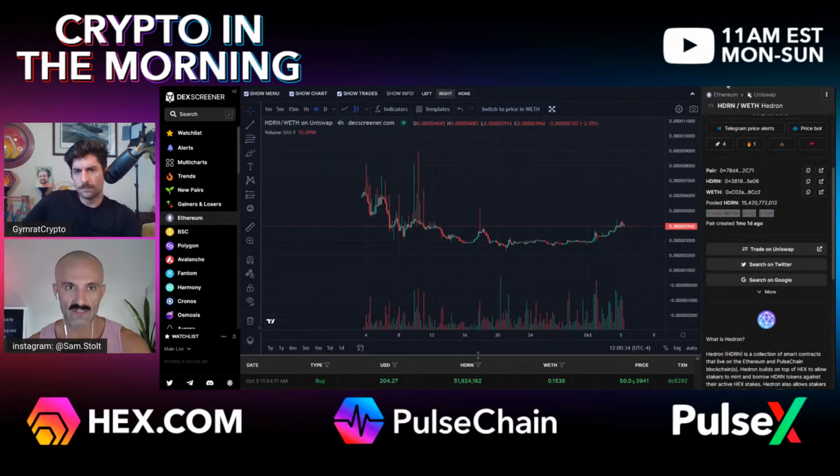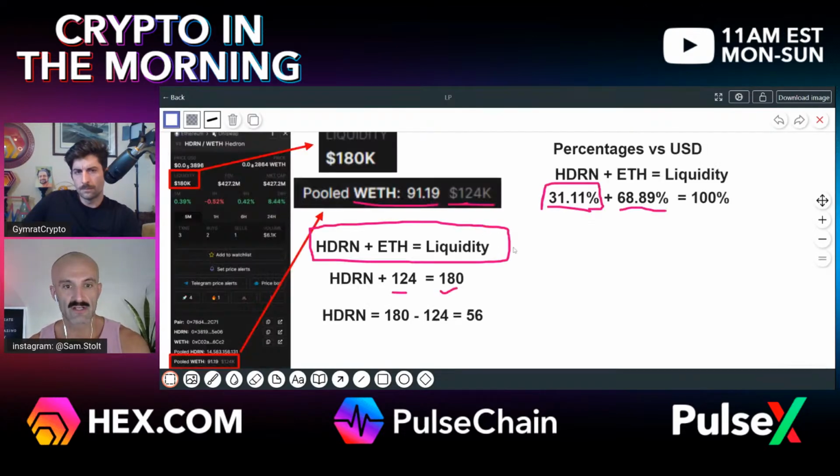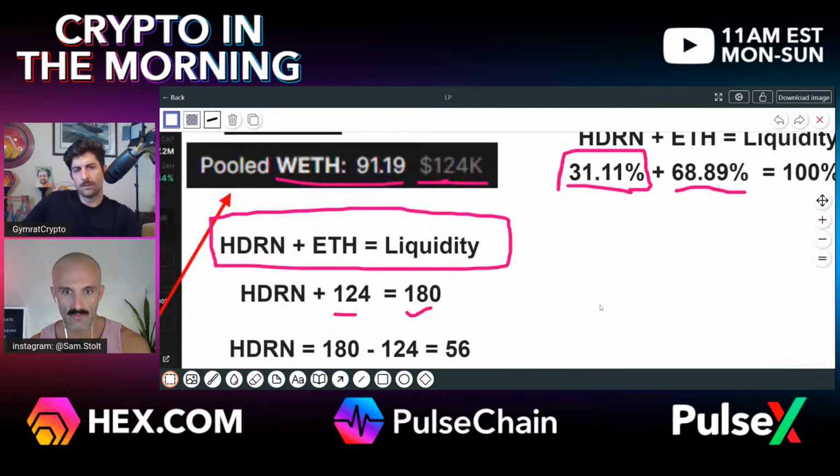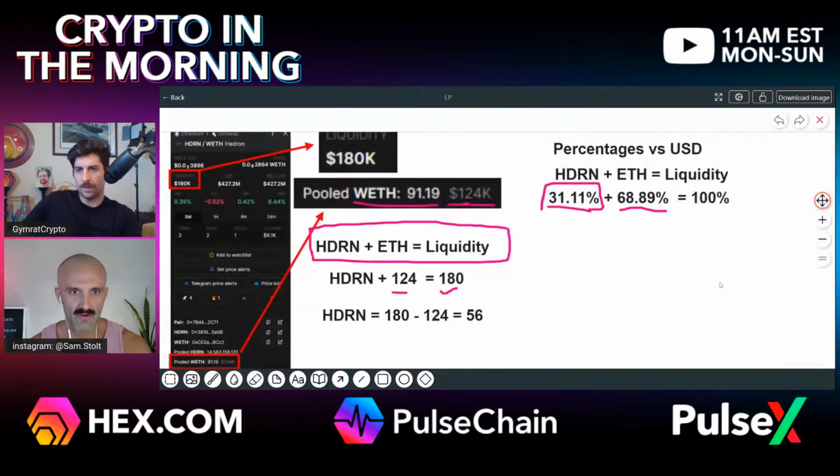Okay. So let's put this together in a visualization so that we get a better picture, because this allows us to see the percentage of the pool that is one side or the other side. This is from last night, this data here. I just took a screenshot over here. Last night it was 180,000. Go ahead and zoom in on this screen 2 clicks. Actually, zoom back one. I'll zoom in on my side. Sorry. Yeah, my bad. You're good. Okay. So cool. Go ahead.